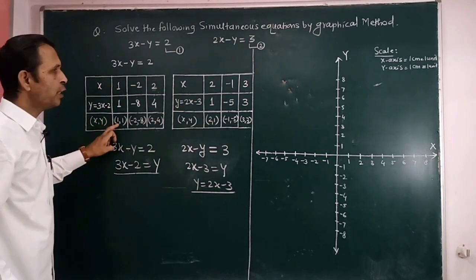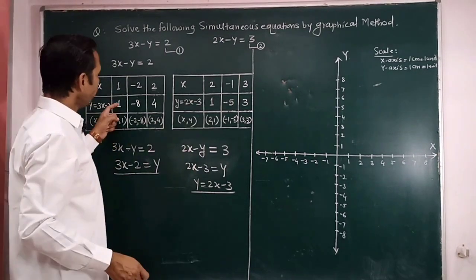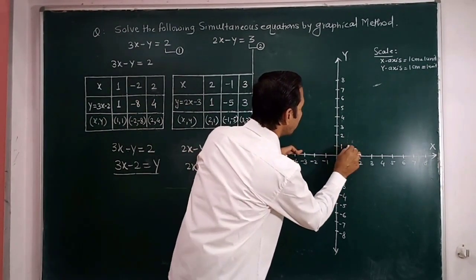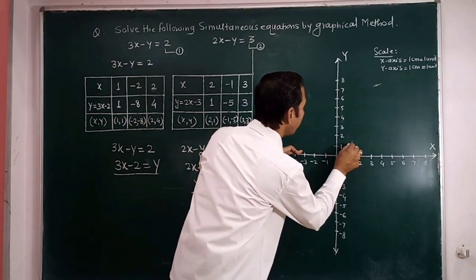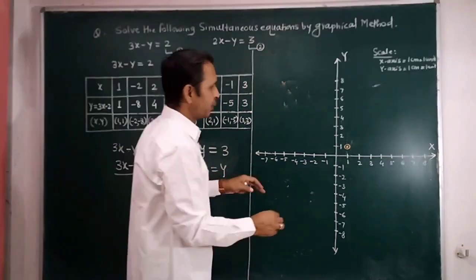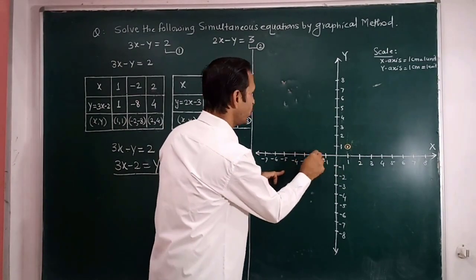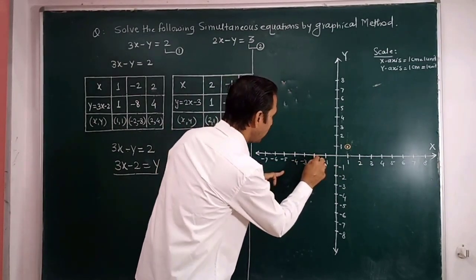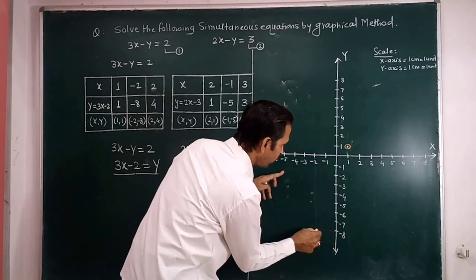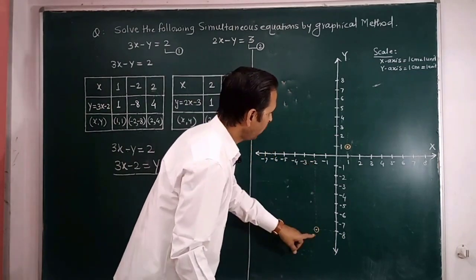Now our first point is 1 comma 1. Let us plot the points. First point is 1 comma 1, means draw the perpendicular line here. Here is a perpendicular line and this point is 1 comma 1. Next point is minus 2 comma minus 8. Where is minus 2? Minus 2 I have to take on the x-axis, that is minus 2 comma minus 8. Minus 8 means like this here, on the downward side, this is minus 8. Minus 2 comma minus 8.